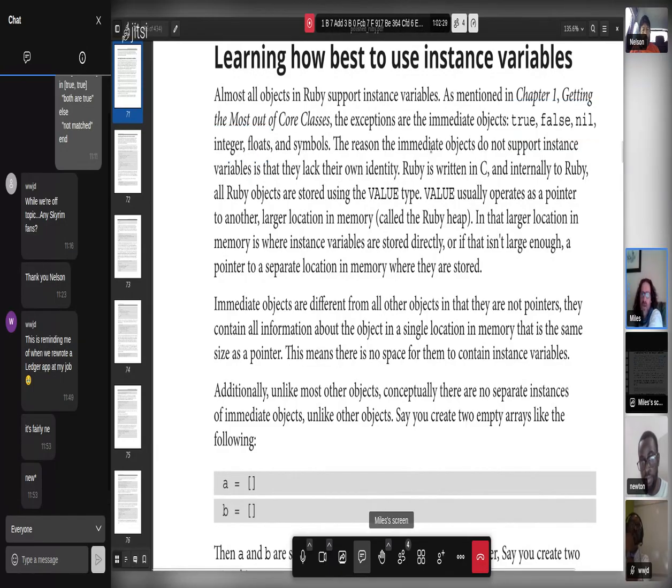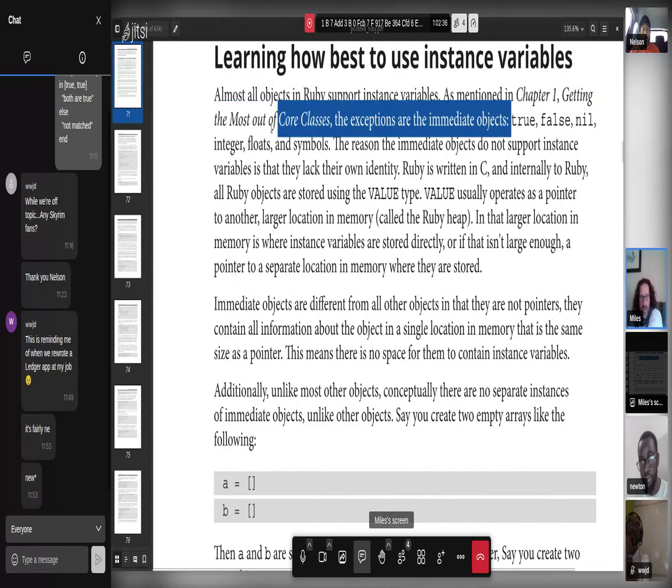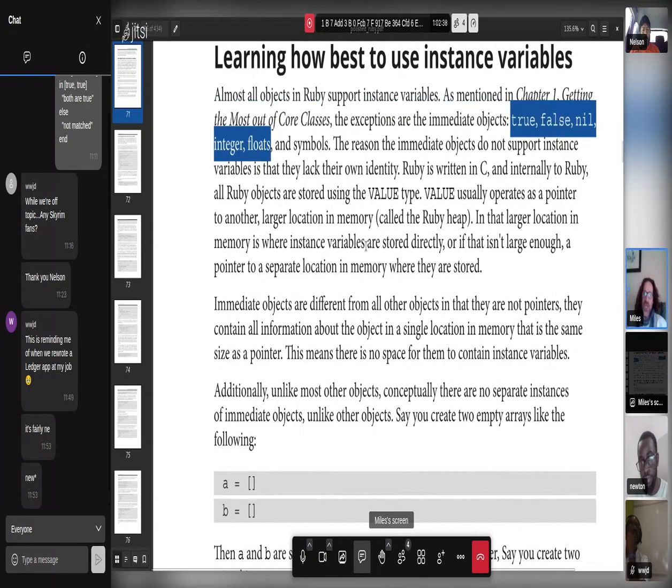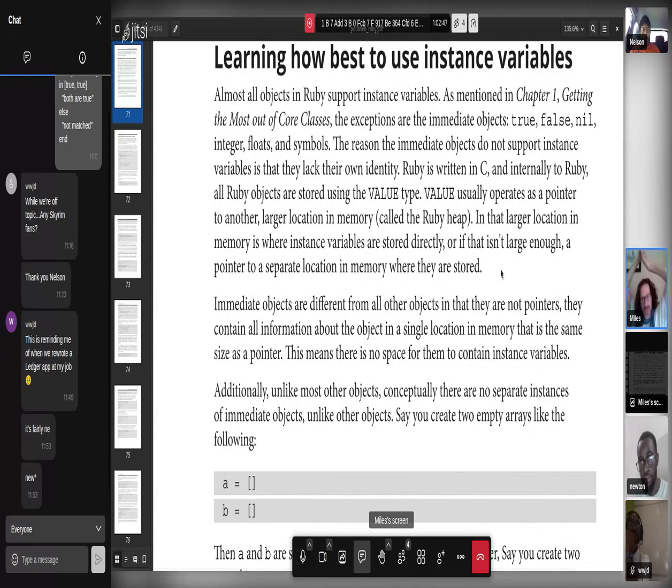But yeah, I feel like Matz had no real choice around these. I mean, he technically could have made it so that true wasn't an immediate object. It just would really hurt performance a lot. Think about integers in particular. Imagine adding 10 plus 10 and I have to go fetch the two values from memory, which